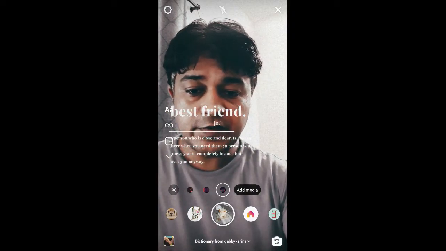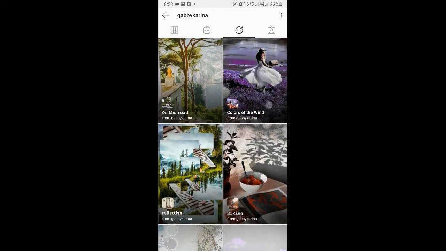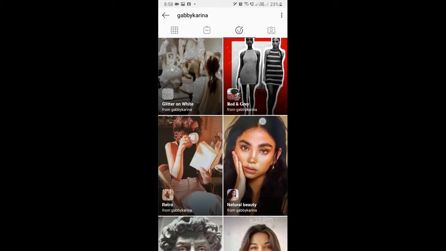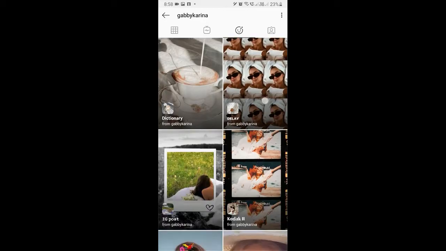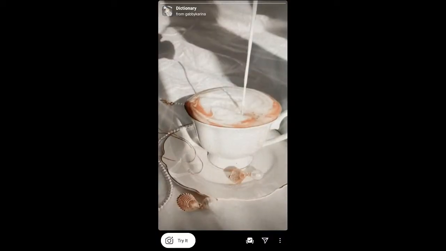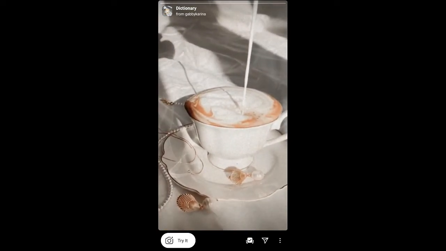So to get this effect on Instagram, you can visit the creator's profile. Gabrielle Karina is the creator of this filter. You can follow her to unlock all her filters to your camera tray. She has some awesome filters. So check her filter gallery, and this is the dictionary filter. Tap on it and you will see this preview. From here you can save it to your Instagram camera tray and you can tap on Try to try the